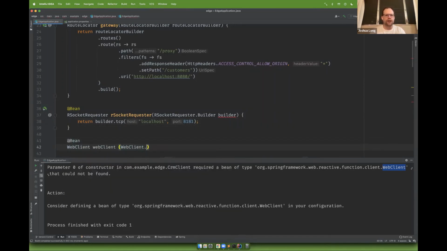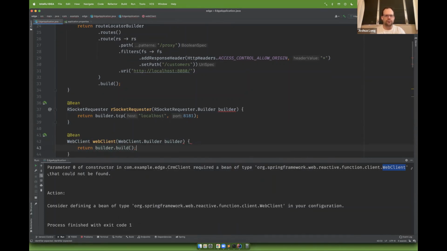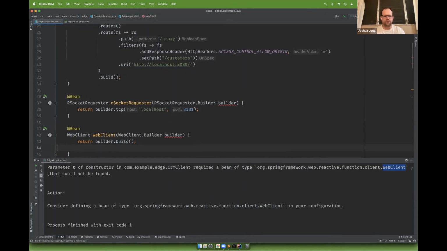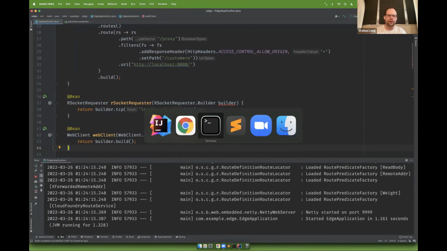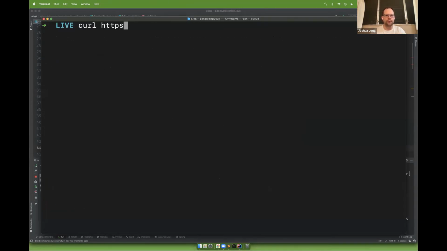And same thing here. We're going to build an HTTP client. And the client, you just call the builder. Okay, let's restart. Okay, so now if I go to curl HTTP localhost